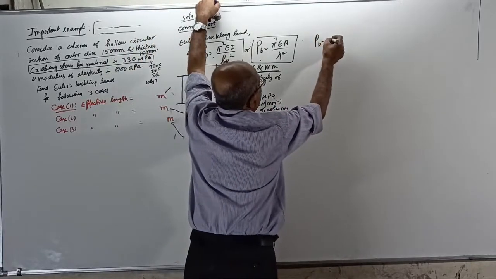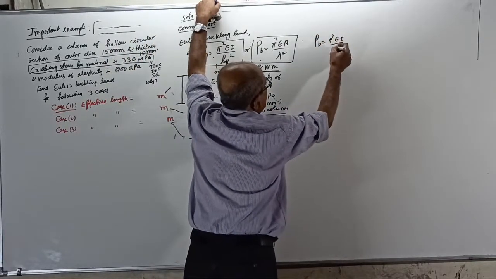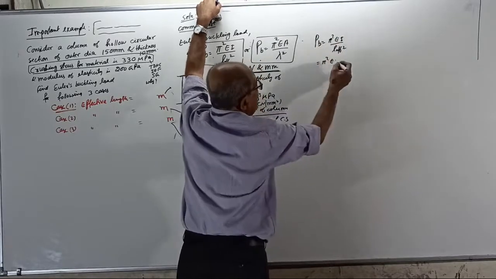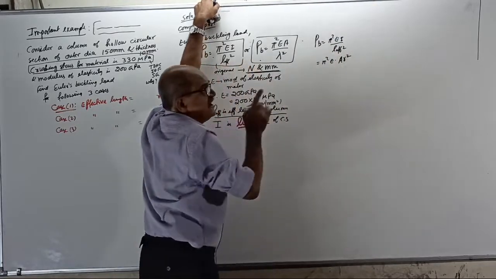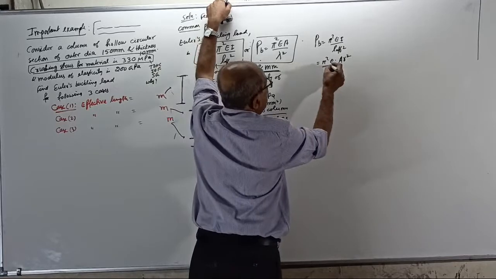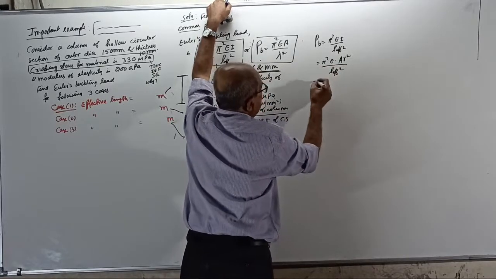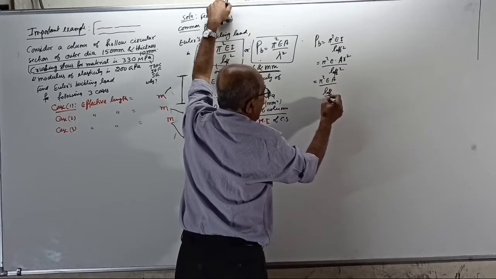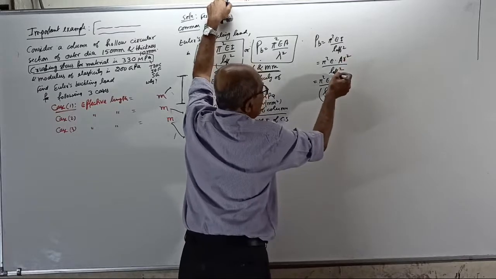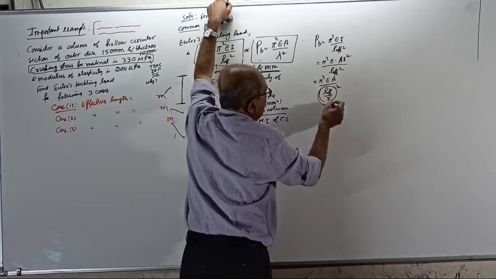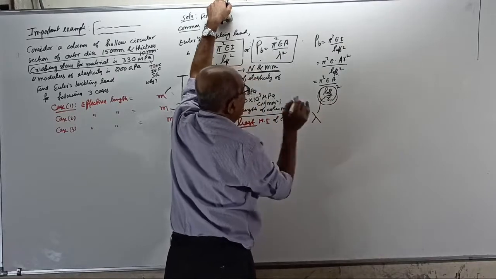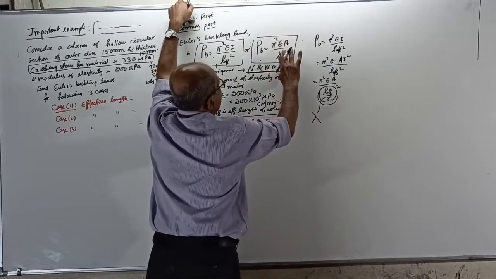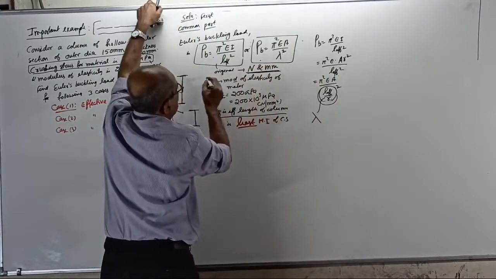PB equal to pi square EI by L effective square, or equal to pi square E into I, and you can write I as A R square. You know I equal to A R square, so divided by L effective square, it is pi square E into A divided by L effective by R whole square. Here the denominator is whole square. L effective by R is called the slenderness ratio lambda. Then your formula becomes pi square EA by lambda square. Clear?